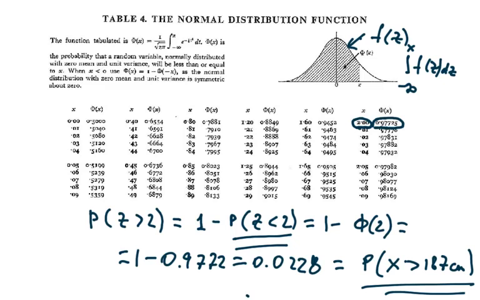But since this function, probability density function for random variable z which has standard normal distribution is symmetric,